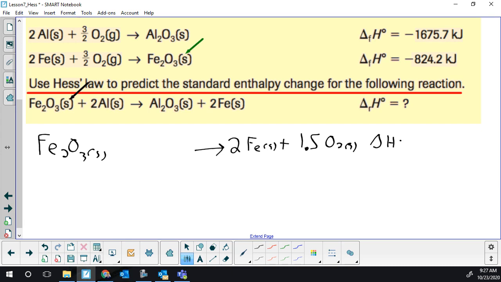and the delta H. Okay, these are all going to be standard. So I'm putting the knots in. Let's see, was minus 824. So it's now going to be positive 824.2 kilojoules. Okay. Technically, you don't have to put positives. I want you to put the positives. Remind yourself that it is endothermic. Okay. So I have